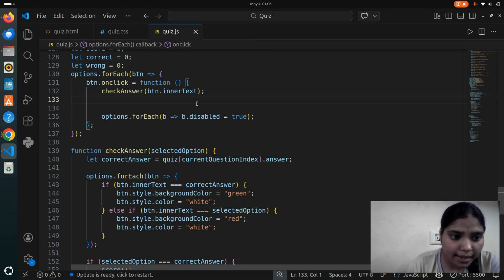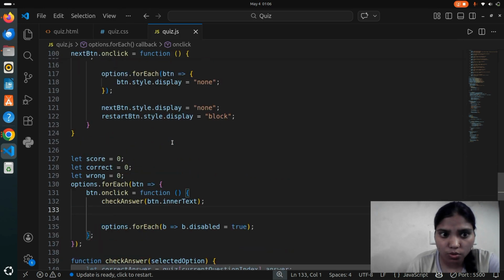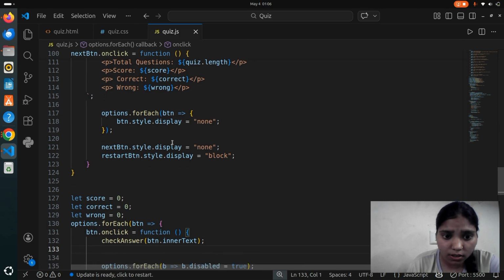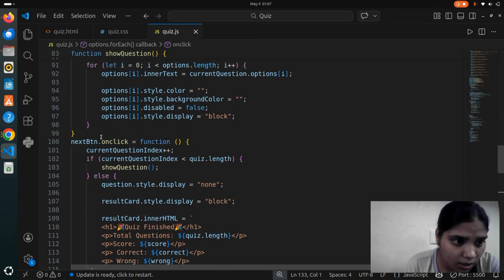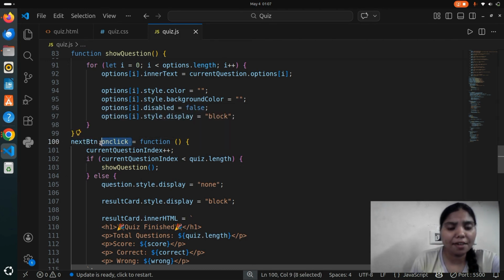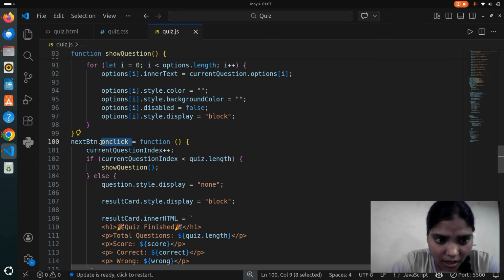Then next I handled the next button. It is onclick. Onclick is the event. It handles the conditions. The logic here is to increase the question index and check whether more questions are left or not. If so, it shows the next question, otherwise it shows the result. The condition is there, otherwise the code could break. For the result, I display total questions, score, and correct